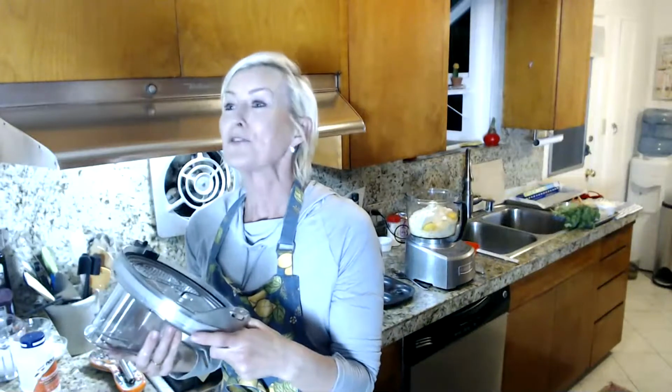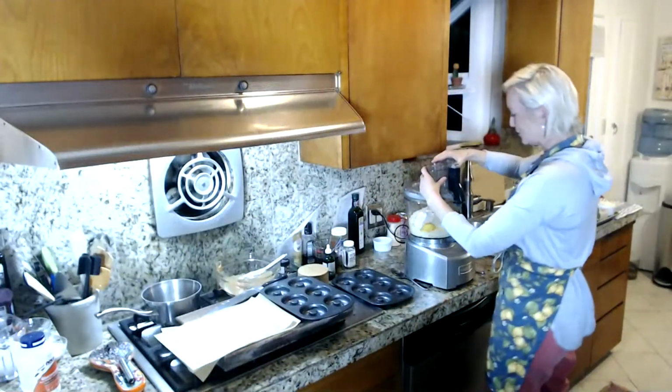And really, the reason that I'm making this recipe again is because I have owned this food processor for 15, 20 years, and I have never really used it. So we're getting some good use out of this industrial strength